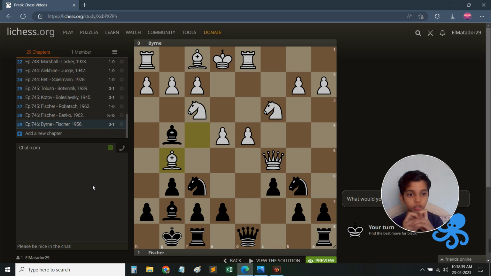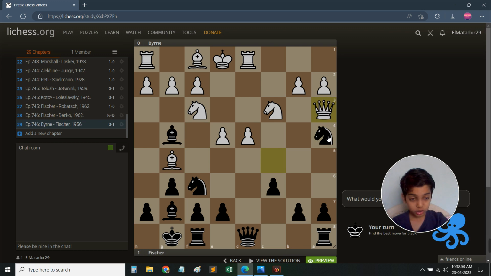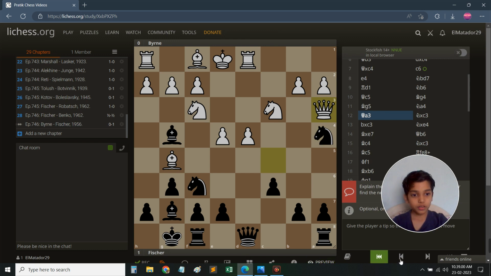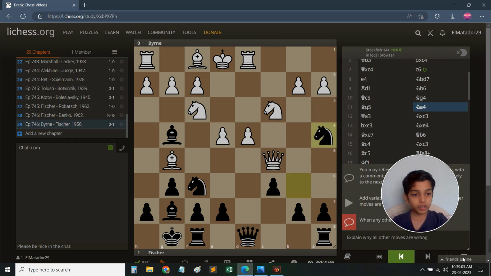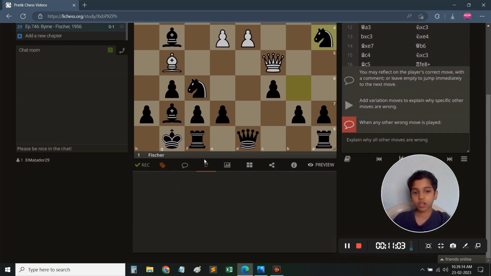The move is the amazing knight a4. What a move! I can't say anything about this. You are just sacrificing a knight. That's a big material. Okay, so never mind. Knight a4. I'll give this a brilliant move